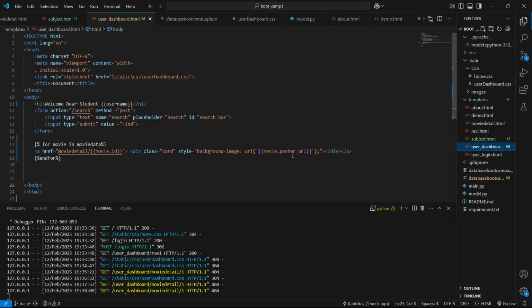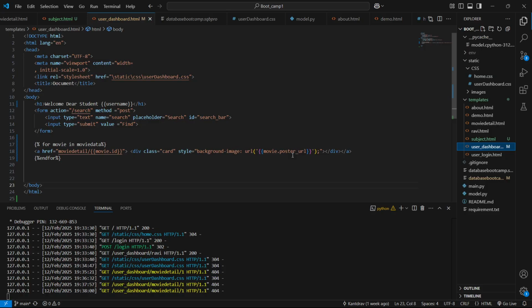That means the image file is not there. So where to apply width? I'm just guessing, I don't know. Let's see. So what you're saying is